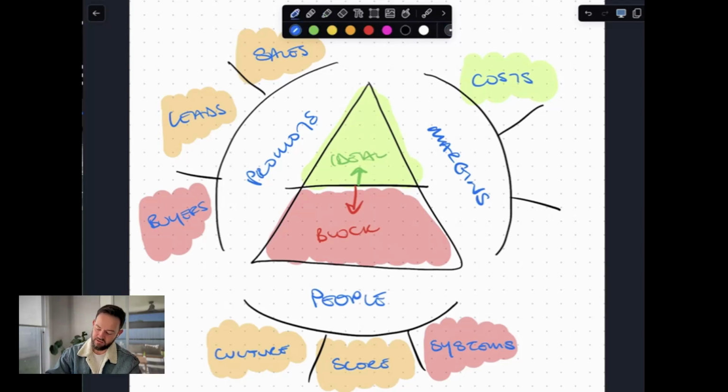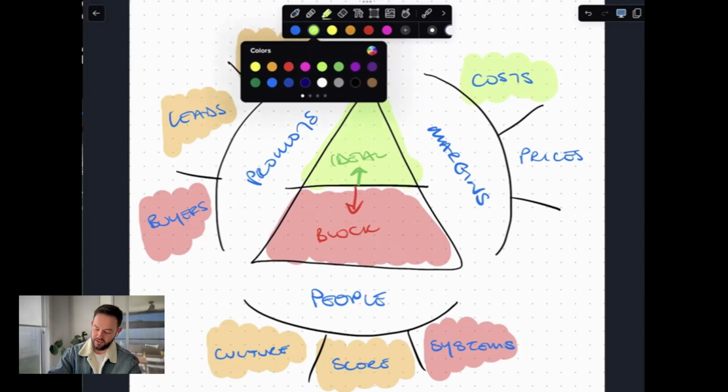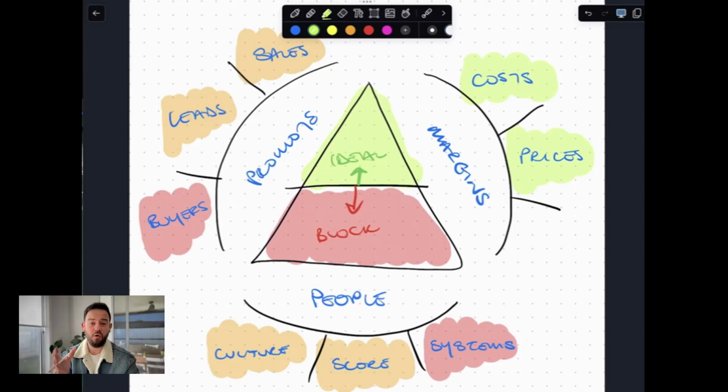All right. Now let's have a look at the next area, which is prices, right? Thinking about prices in your business, is it easy to charge premium prices from your buyers? Do price increases happen regularly or at least scheduled inside your business? If so, well done, green, right? Or if in your business you can sometimes charge a higher price, but you get a bit of pushback every now and then when you go through a price increase, but they largely pay it, well then you'll be yellow, right? But if you get a lot of pushback on your prices and you don't really remember the last time you did a price increase or even a pricing review, well then you're red. Cool.